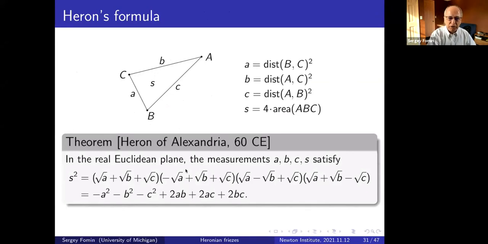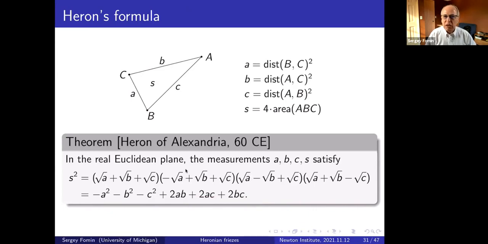And you may wonder what these square roots are. Remember that A, B, C are square distances. So you need to take the square root of A, B, and C in order to write the formula in the form that all of you learned in high school. But of course, we don't need square roots. Square roots would be verboten in the complex numbers. But when you expand this, you just get an expression without square roots. So this is well defined over complex numbers.